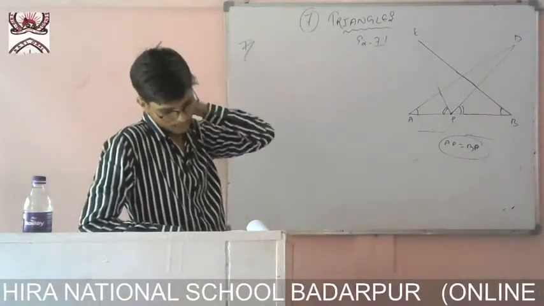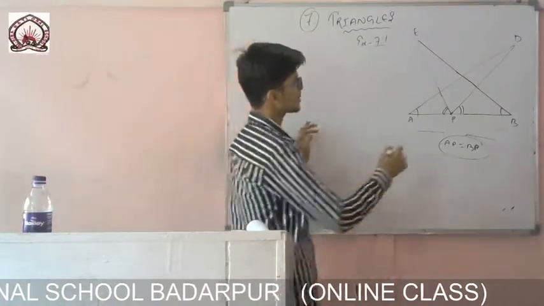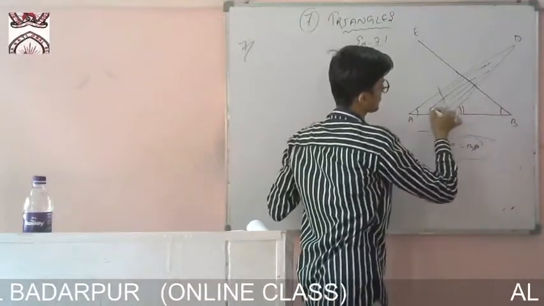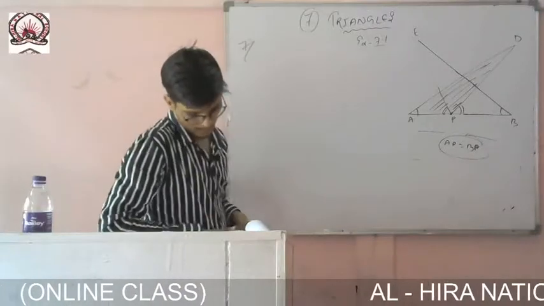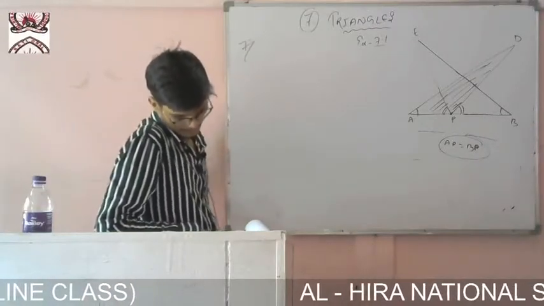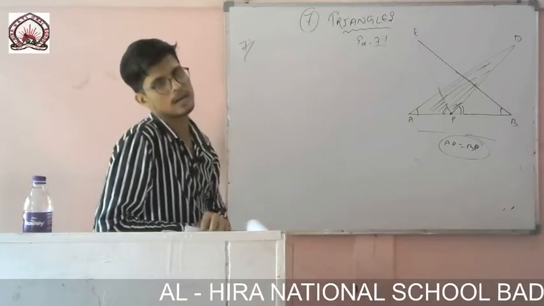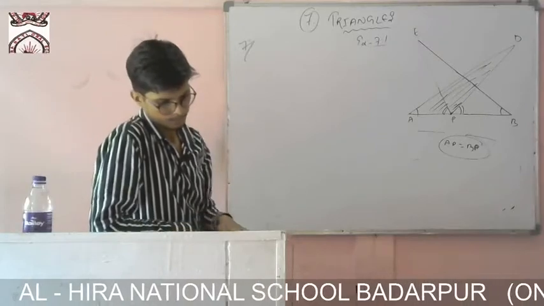So now at first you have to prove that DAP is equal to EBP. That means this triangle equals that one. I have to prove that, and then the two sides are equal. So if I can prove that these two triangles are equal, then the sides will also be equal. There is no hard and fast rule. I can easily show it.